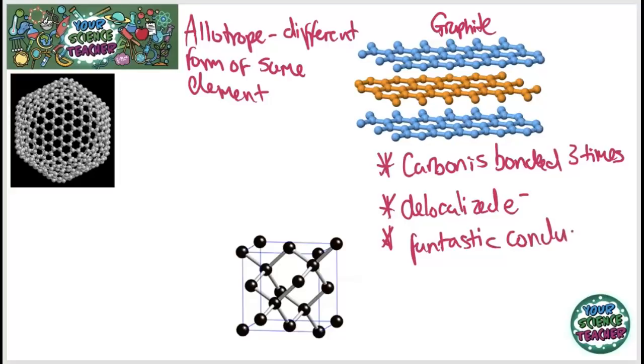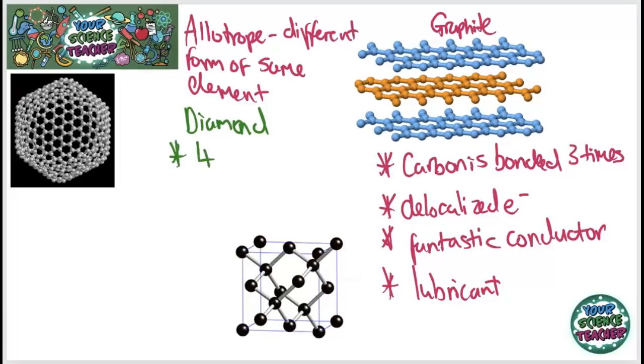And in this layer structure, the layers can slide over one another because they have weak intermolecular forces of attraction between these layers, and this means that graphite is a good lubricant. The next arrangement we're going to look at is diamond, and diamond's different from graphite in that each carbon is not bonded 3 times now. They all are bonded 4 times together,